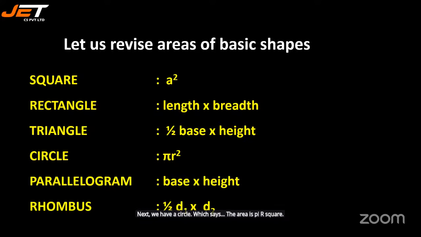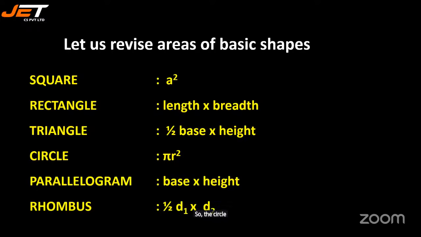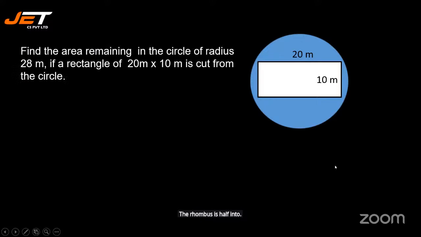These area formulas, I'm sure all of you must be knowing. Supposing you forget, quickly take down the formulas being mentioned here, because we will be using these formulas for our sums. The circle area is pi r square. The parallelogram is base into height. The rhombus is half into